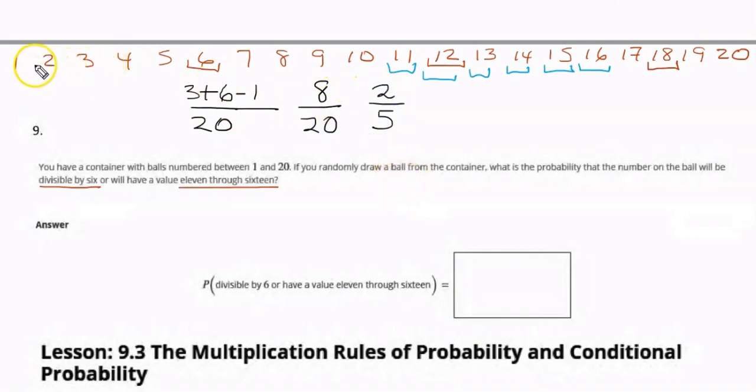Now, again, some people, if they're good conceptually, wouldn't have to do all of this. But it's good to see it laid out. And then here you realize you could have counted this only once: 1, 2, 3, 4, 5, 6, 7. We do it again: 1, 2, 3, 4, 5, 6, 7, 8. Yes, that would give you the 8 out of 20 because you're not counting this one twice. But if you did it separately, you had 3 plus these, that would be 6, plus 3 is 9, but minus 1, 8. A number of ways to figure it out. And there's your answer. Again, if you have a question,